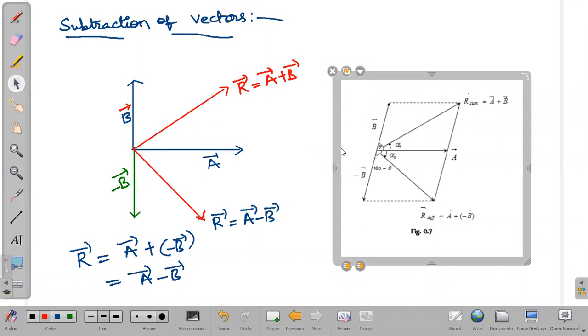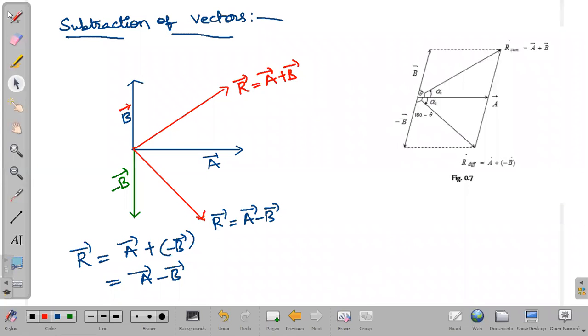R, if we do, so what do we get? The resultant R bar is the square root of A square plus B square plus 2AB cos 180 minus theta. Cos 180 minus theta is minus cos theta. So the resultant, whatever we get here, I will write the formula. If this is a resultant of vector addition, the magnitude of that will be what? R bar is equal to the square root of A square plus B square.